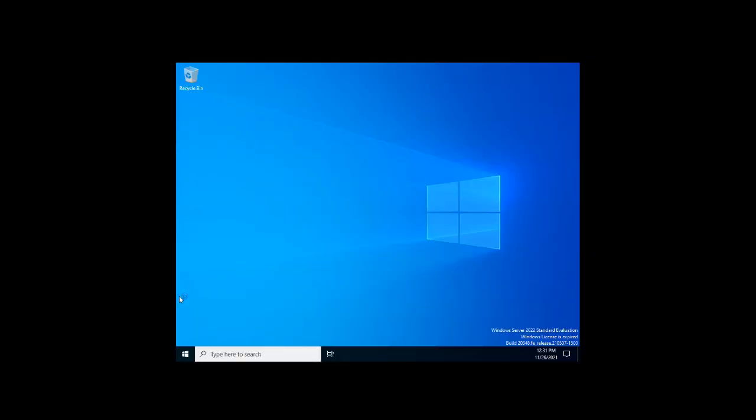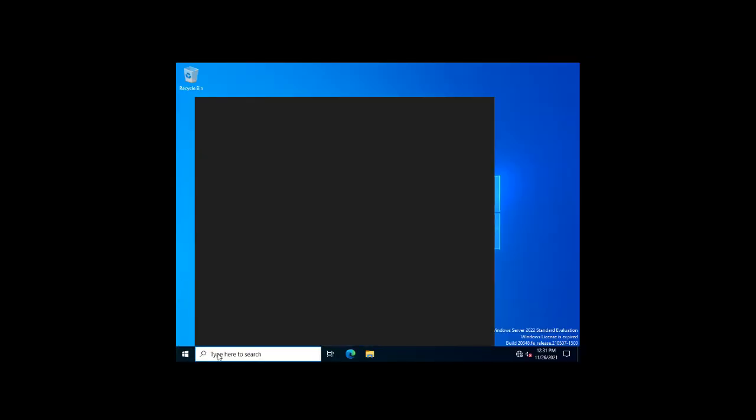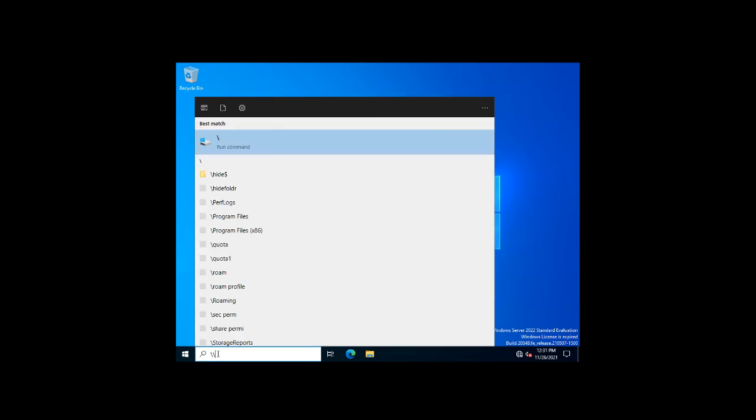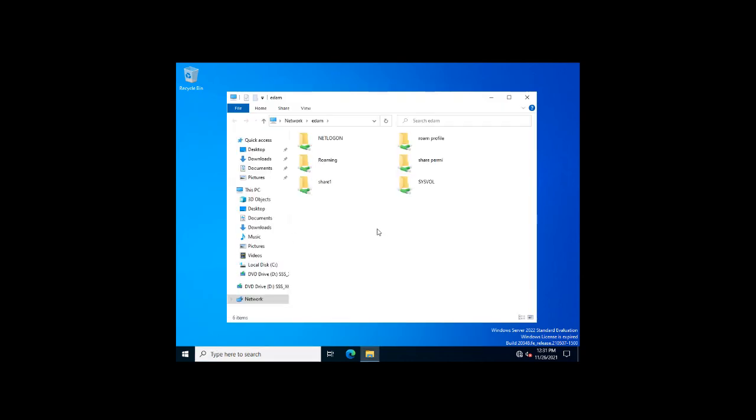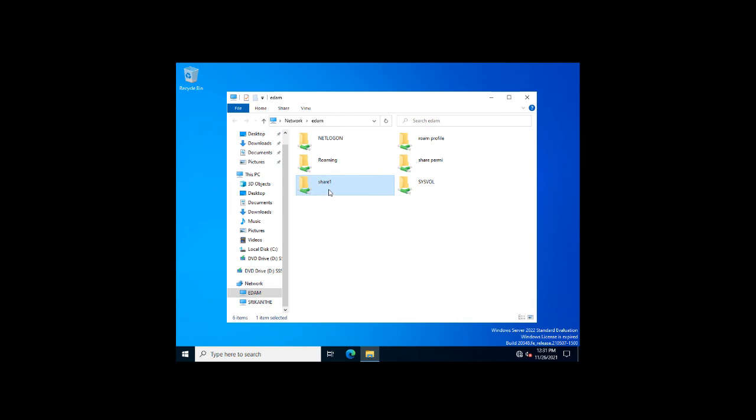So I logged in as a user. Here you can see share 1. It is not showing quota 1. Quota 1 will be shown locally. When you access that folder locally, it will show as quota 1, but if you access it from the network path, it will show as share 1. That is what we configured there.